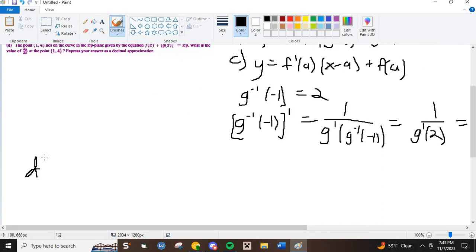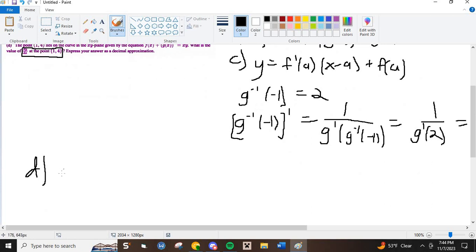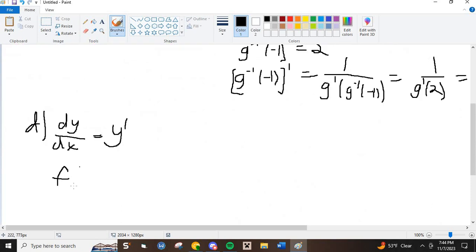Alright, now on to 1d. They want you to find dy over dx at the point (1, 4). This is what they want you to find. So remember that dy over dx is just the same thing as y prime. It's that simple. And so you take this equation here, they give you an equation here, f of x plus g of x squared